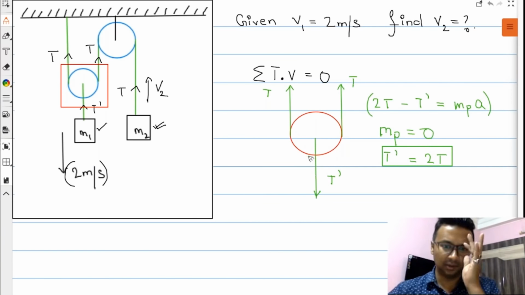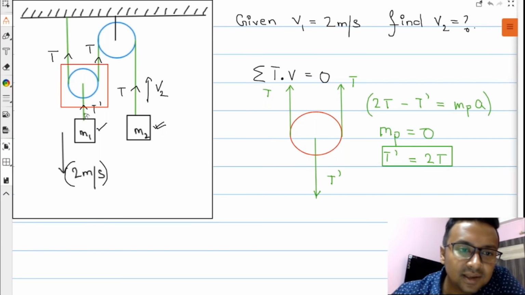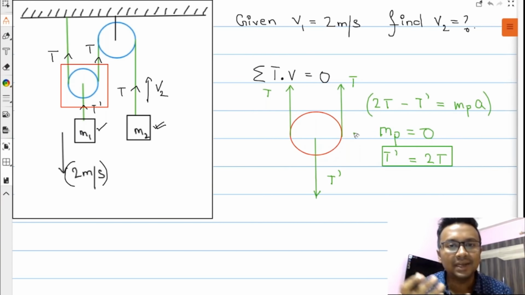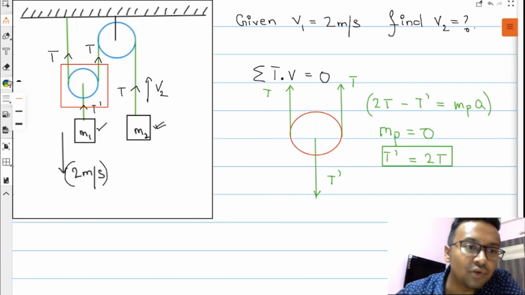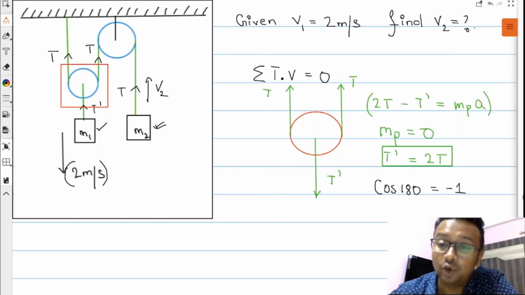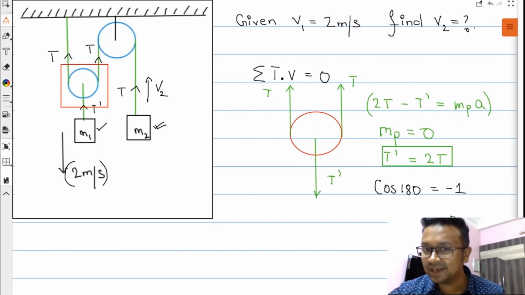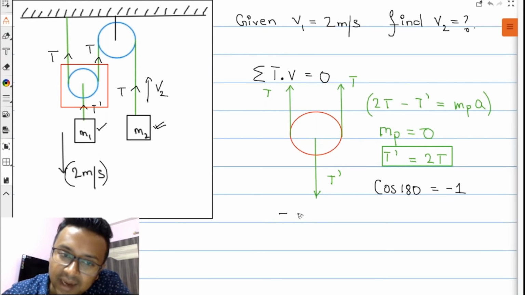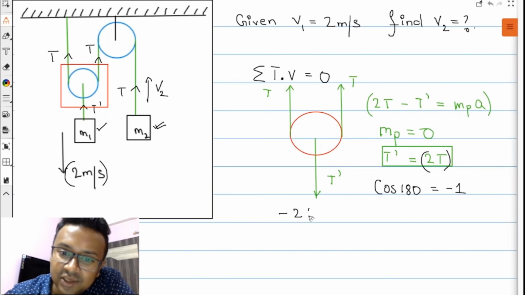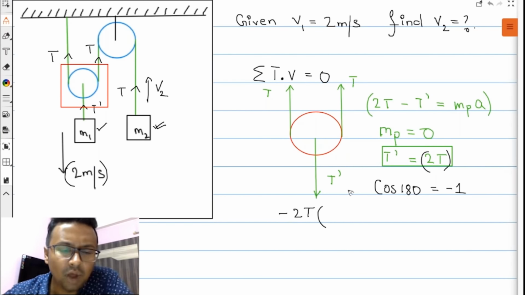Clear, students? So finding the tension is the most important part, and after that applying the equation is very simple. What do we see here? Tension T dash is in the upward direction, velocity is in the downward direction. What is the angle between the tension and the velocity? 180 degrees. And what is cos of 180 degrees? Cos of 180 degrees is equal to minus 1. So what I'll get is minus T dash, which is equal to 2T, into 2 meters per second, plus